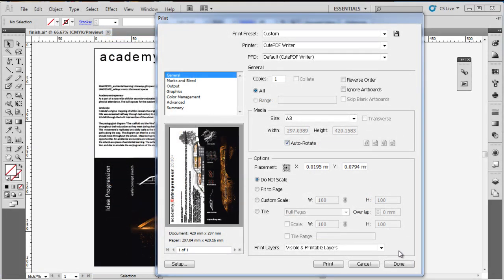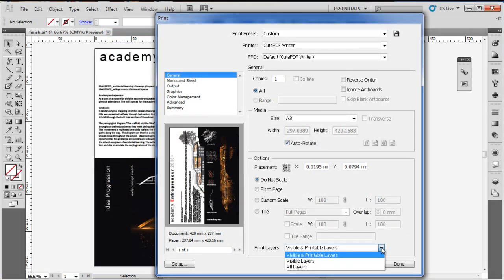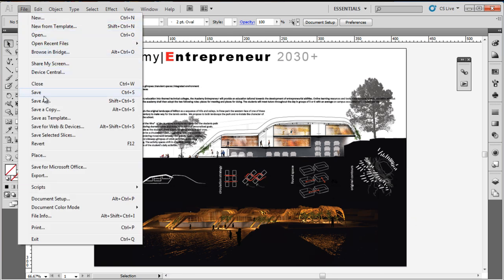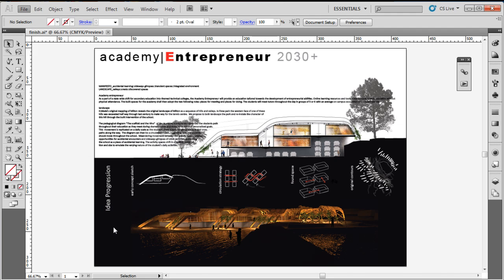And finally, print layers. I usually leave the visible and printable layers on, but you can play around with the other options. They speak for themselves. And if you want to set up the print settings and have them all ready just to go for your final print, you can click the Done button, and what that does is it saves those settings for the next time you print. And if we go back up to the print dialog,